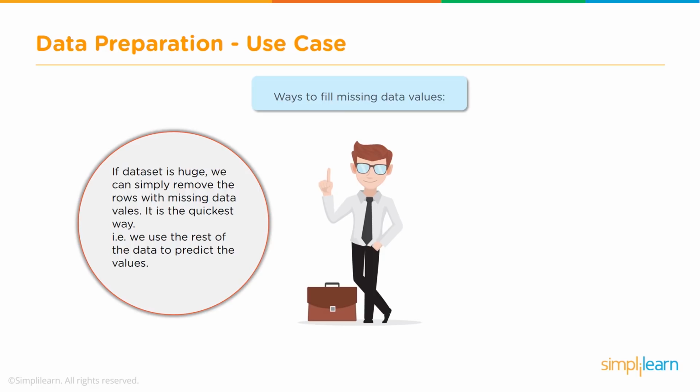So if you have 1,000,000 records and out of which 100 records don't have full data, so there are some missing values in about 100 records. So it's absolutely fine because it's a small percentage of the data. So you can get rid of the entire records which have missing values. But that's not a very common situation.